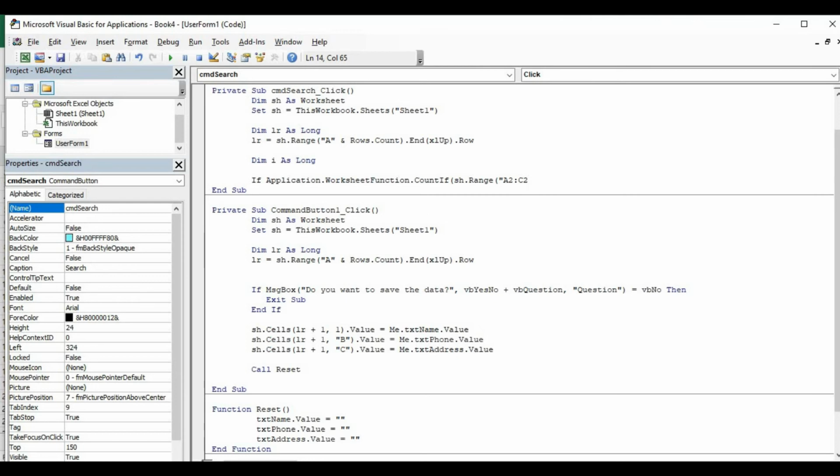This will count all the range of these 3 columns, and close this. It's equal to me.txtSearch.Text equals 0. If it will find any data that equals to me.txtSearch,